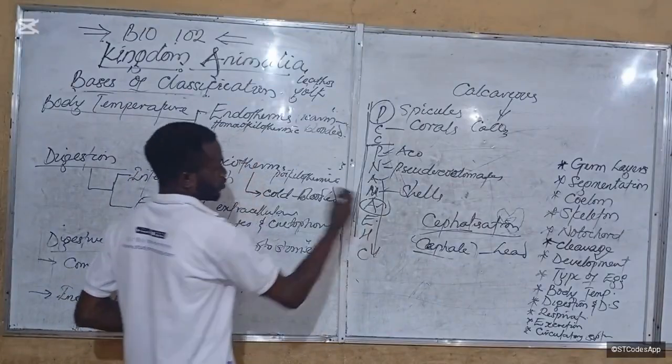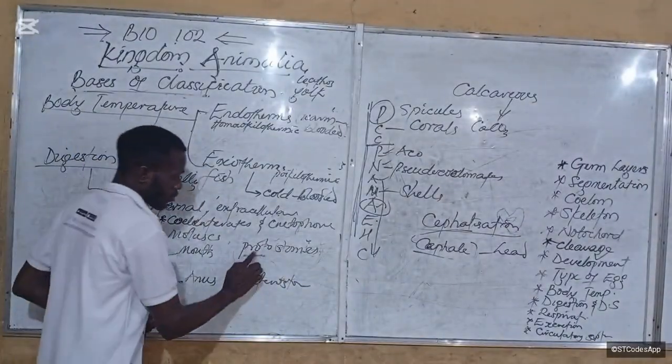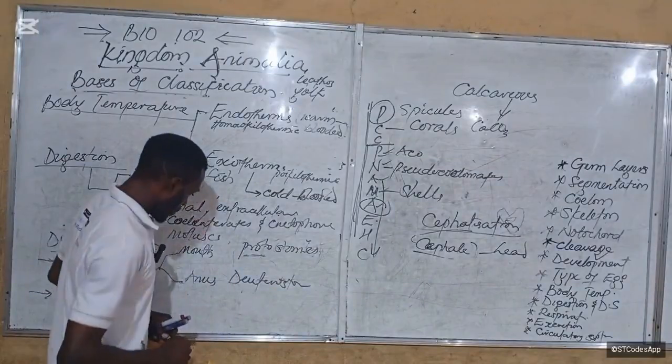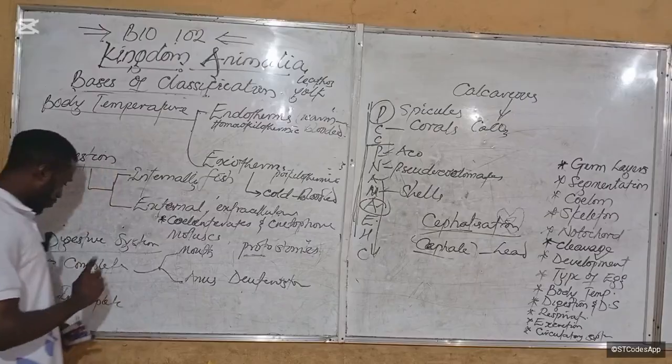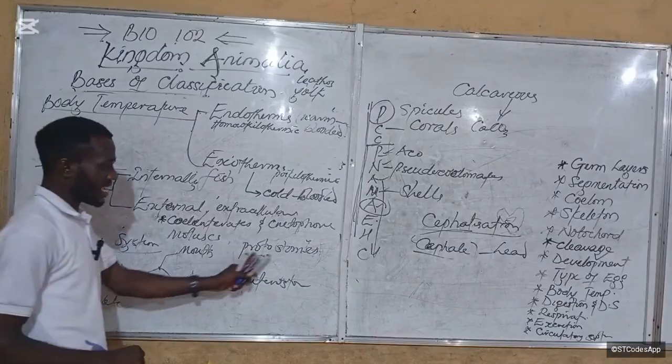Then this guy is a deuterostome. From there downward, deuterostomes. So, I was talking about complete GIT. Okay. But you see, these guys,